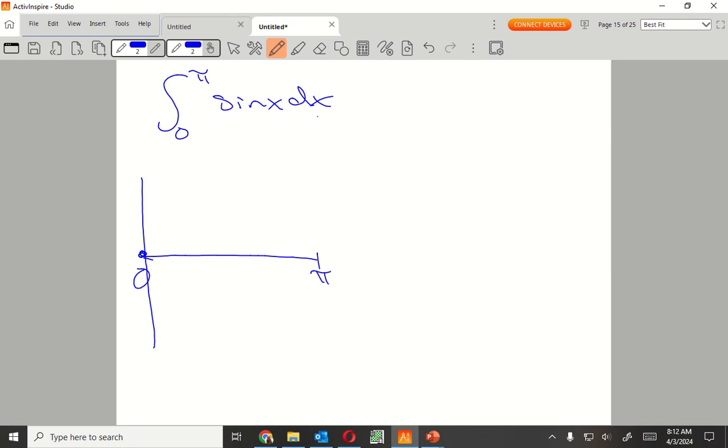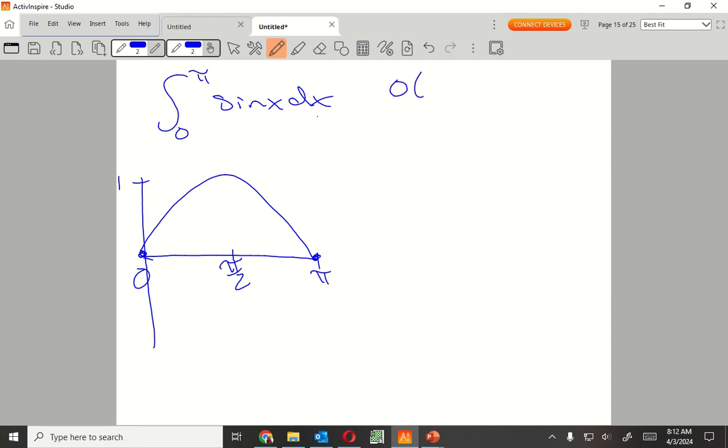So, sine at 0 is 0, sine at pi is 0, sine at pi over 2 is 1. So this graph is going to look like this, from 0 to pi, from there to there. All right, my lowest point here is going to be where? 0, right? So for this one right here, this is going to be